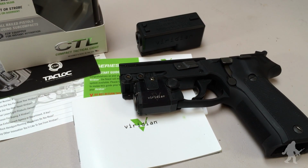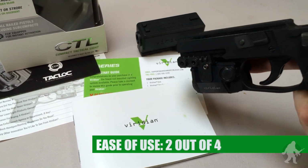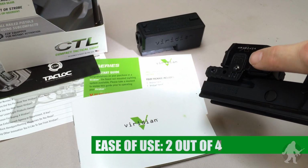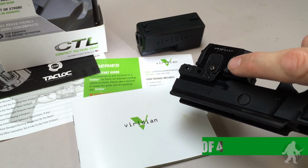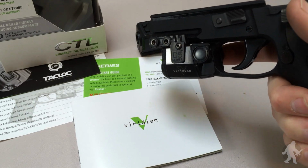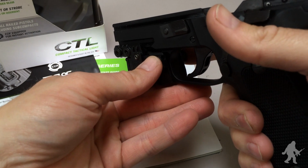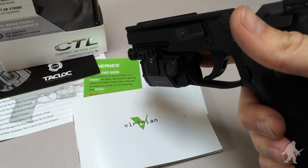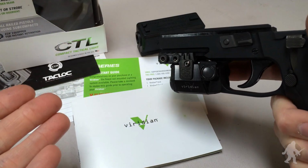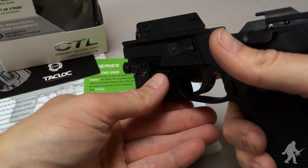Ease of use, this is one of the downfalls of this unit. I'm going to give this a 2 out of 4. If it was just as easy as hitting the button to turn on the light, we'd rate that a lot higher. But when it comes down to programmability, you're supposed to be able to turn it on, hit both buttons simultaneously to access the strobe mode. You get it there, but say you want to put it back on your constant light, you should be able to repeat the process